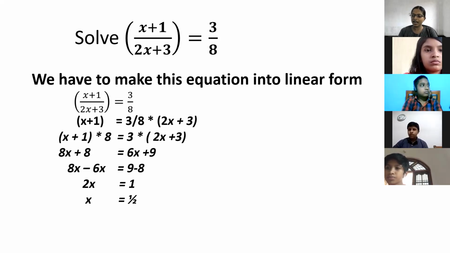That is, we reduced the equation to linear form first and then found its solution. So when we get an equation which is not in linear form, first we have to convert that equation to linear form and then find the solution. Okay, look at the steps. Do you have doubts in any step? Please ask your doubts. Then shall we move to our next session?